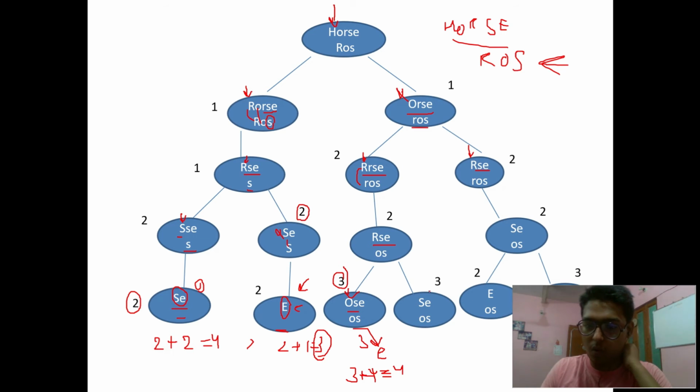Now, as you can see, string 1 and string 2 don't match here even after the 3 steps.